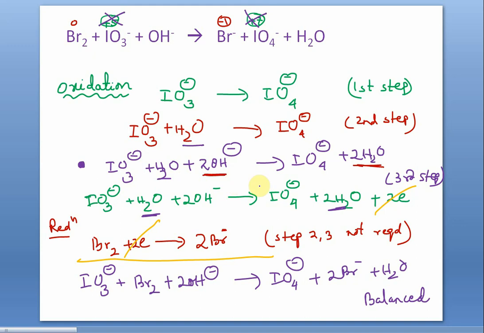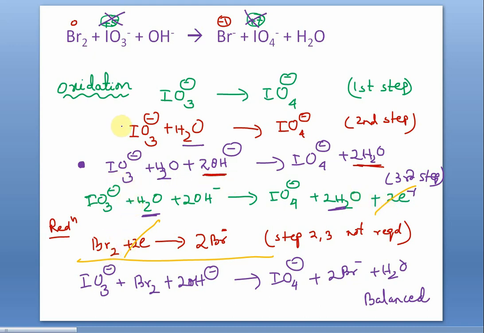Let us take up, oh yes, the 4th step we didn't do. The 4th step is equalization of charge. I'm sorry. So in this step, the total charge is -3. -2, -1 is -3, and here it is only -1. This is neutral. So since it is oxidation, you have to write electrons in RHS. So by adding 2 electrons, -2, -1 is -3, and this is also -3. So charge balance is already done.